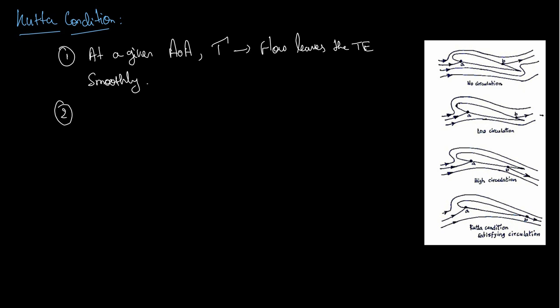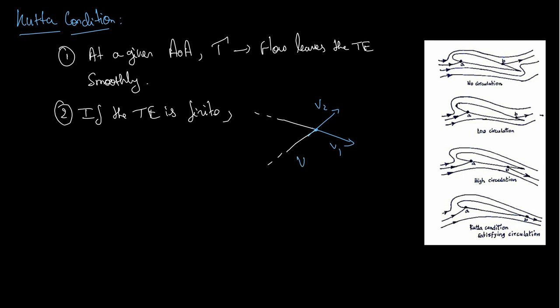The second point is, in case the trailing edge is finite. The trailing edge is finite. Let me draw a figure just for understanding. For example, this is the trailing edge of my airfoil, then this is how the velocities would look. I'll have a velocity in this direction, and a velocity in this direction, close to the surface of the airfoil, and suppose I call this V2, this V1. This is my trailing edge.